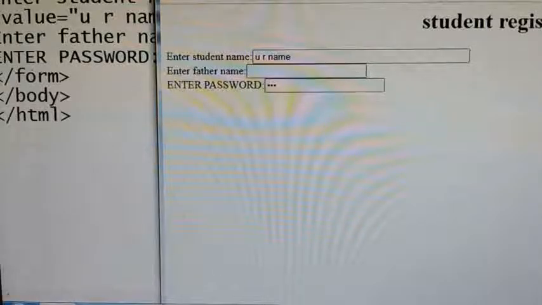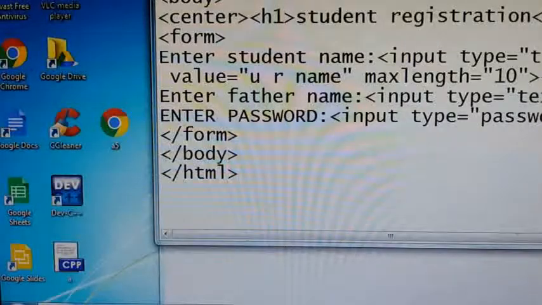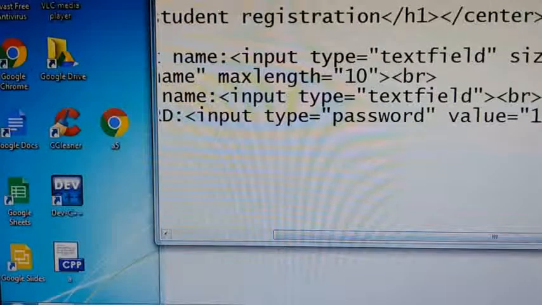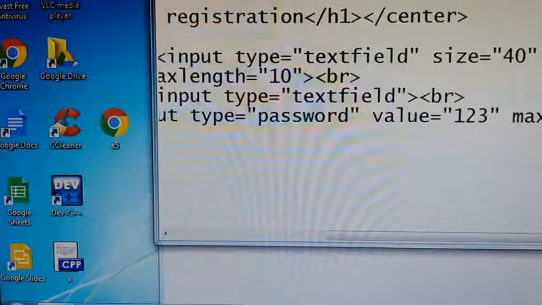It is taking that previous one only. Max length, instead of 40, here I am giving a 10. But size also, size you should give first. Size equals to some 40.